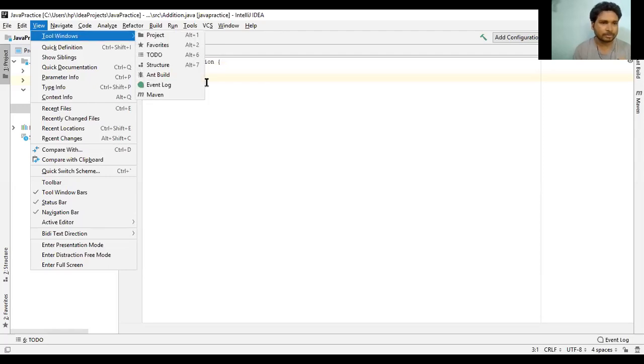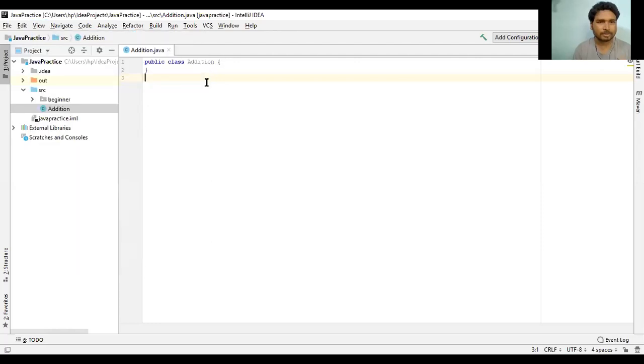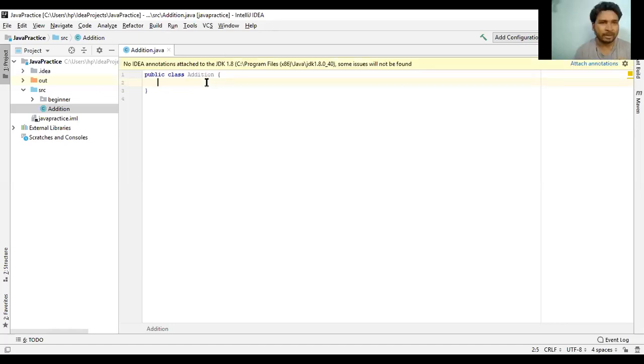From here we can write the program. When we start the program, I will tell you how to do it in this environment. This is one environment. Before installing this IDE, you have to do the path setting.